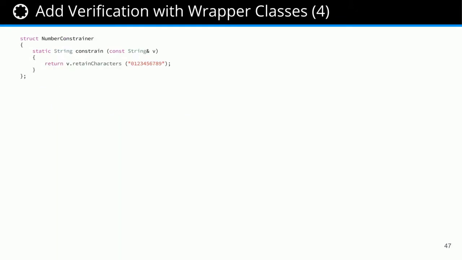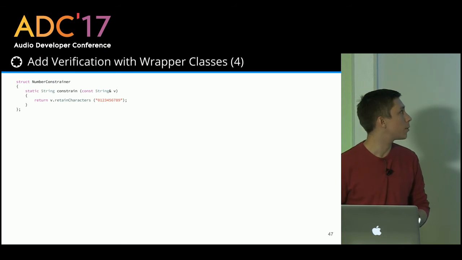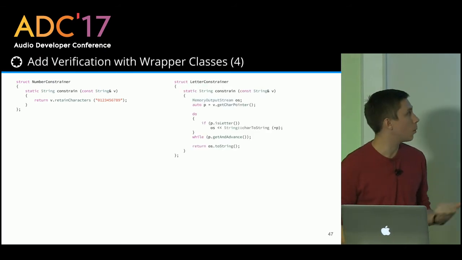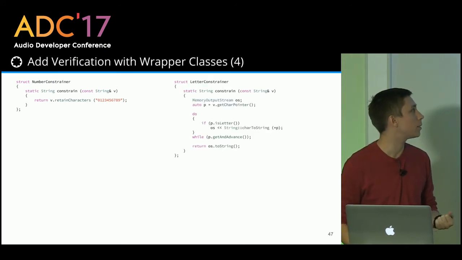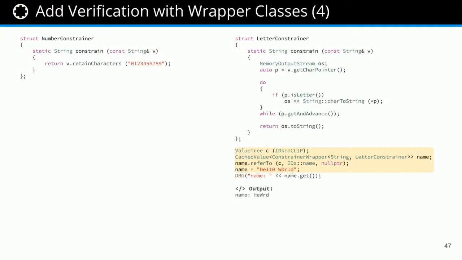We can go one step further than that. We don't just have to constrain doubles, we can constrain other data types. So we could constrain a string using a number constrainer, which retains only the numbers, or we could retain only the letters. Here we're essentially constructing a new string from the letters. If you look at the cached value line, we've got a constrainer wrapper around a string that takes our letter constrainer, and if we try to assign it a string of "hello world" where the L's are 1s and the O's are 0s, we get the output "hey word",